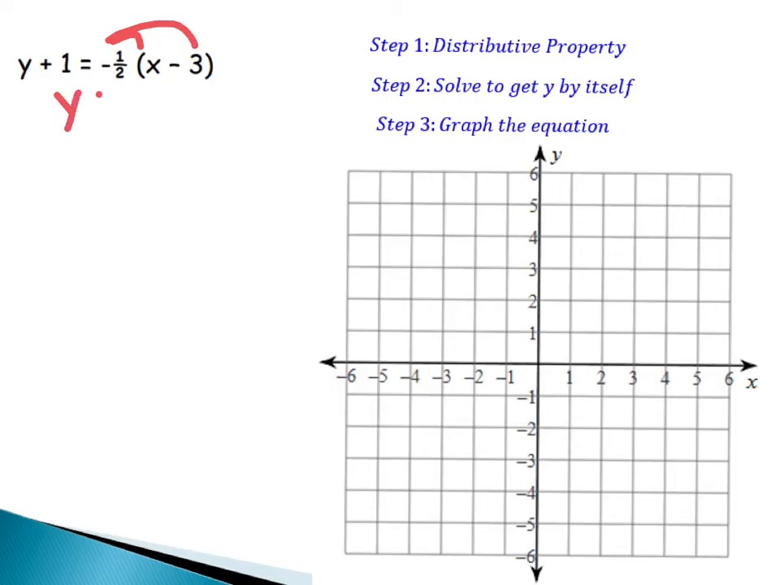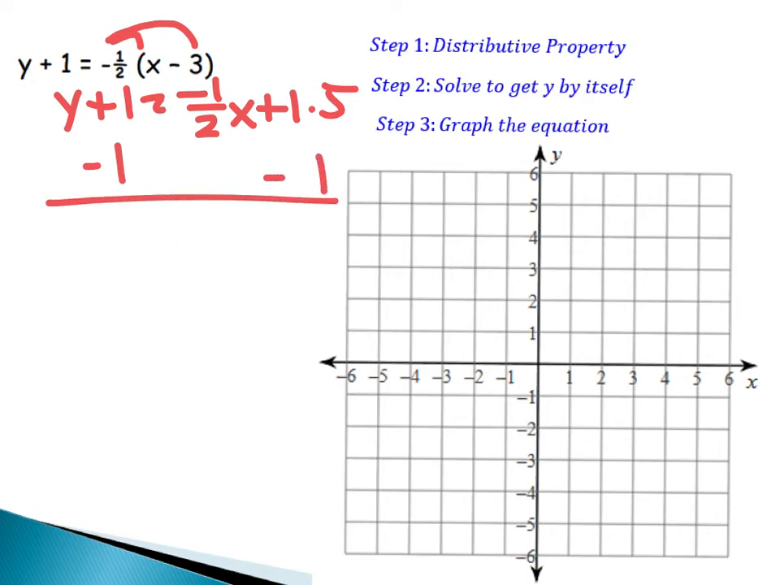So it'll become y plus 1 equals -1/2 x plus 1.5. Then we're going to solve to get y by itself. So I would subtract 1 from both sides. So my equation will be y equals -1/2 x